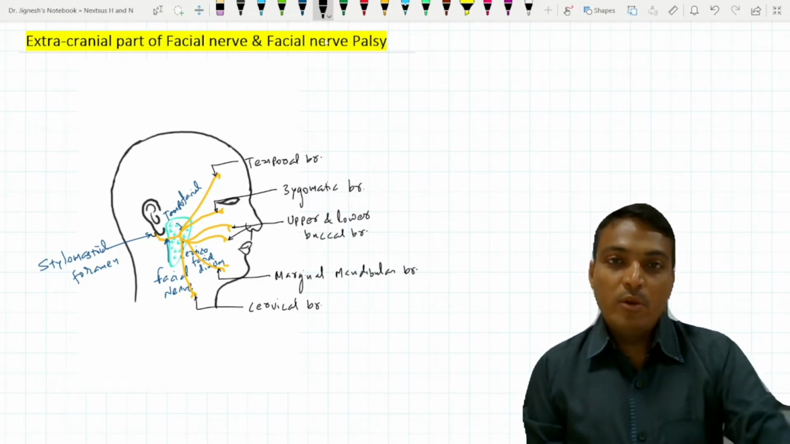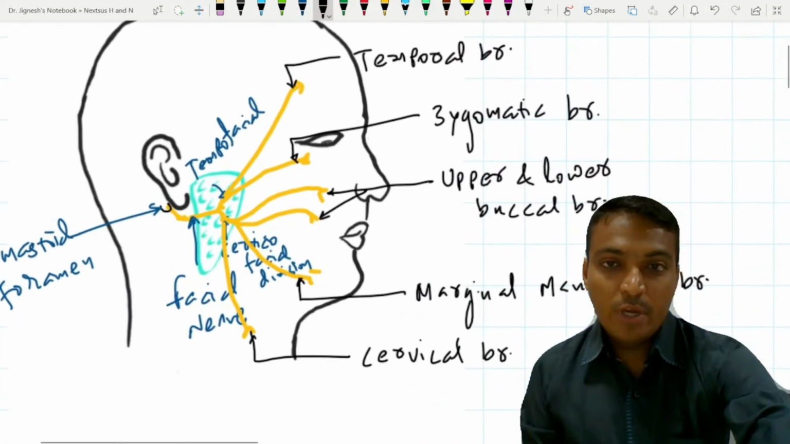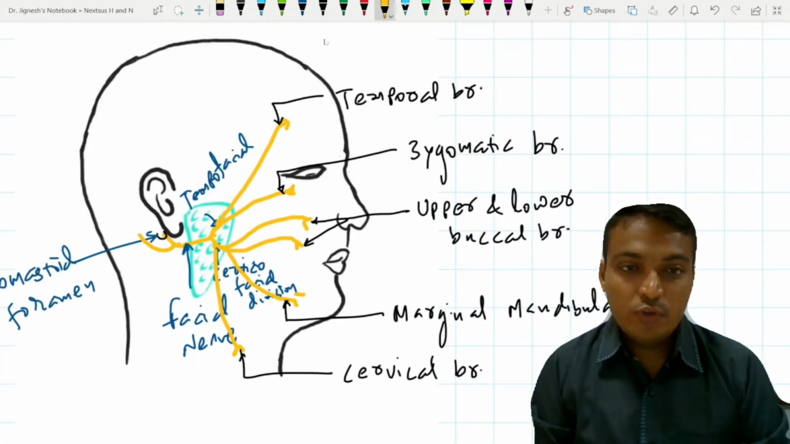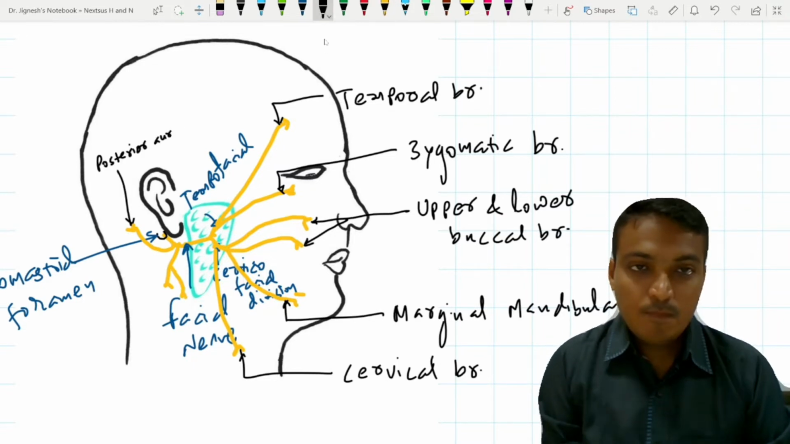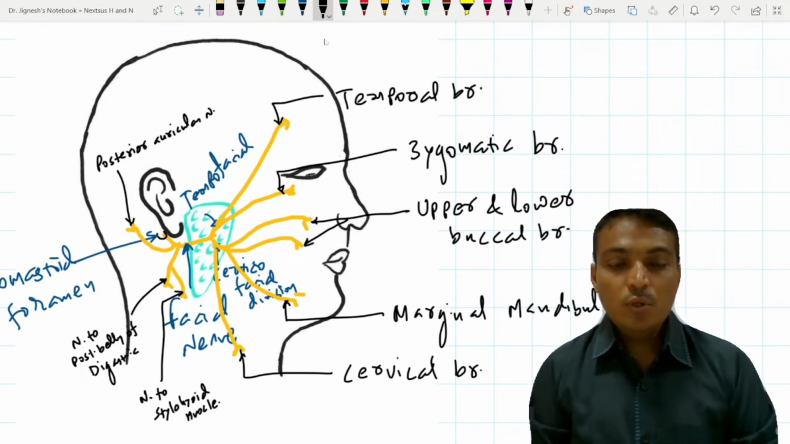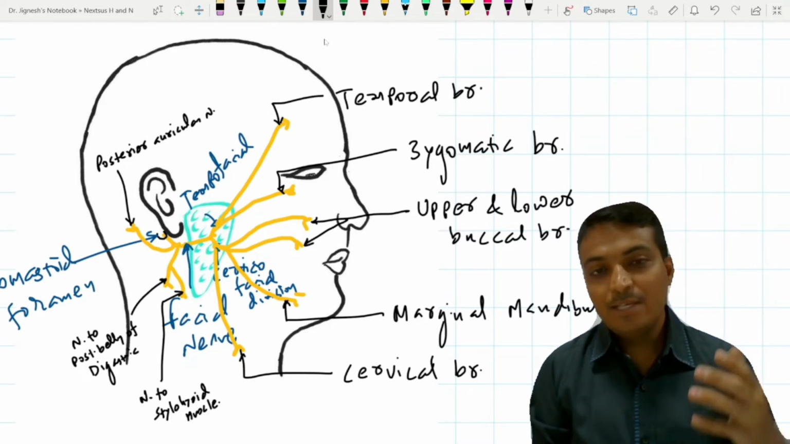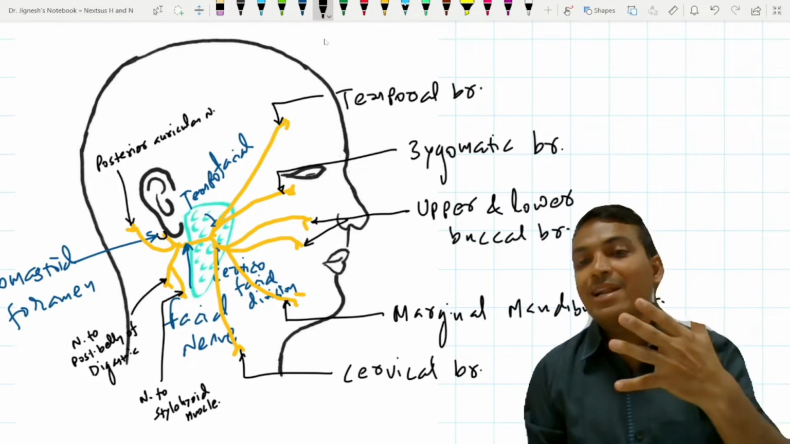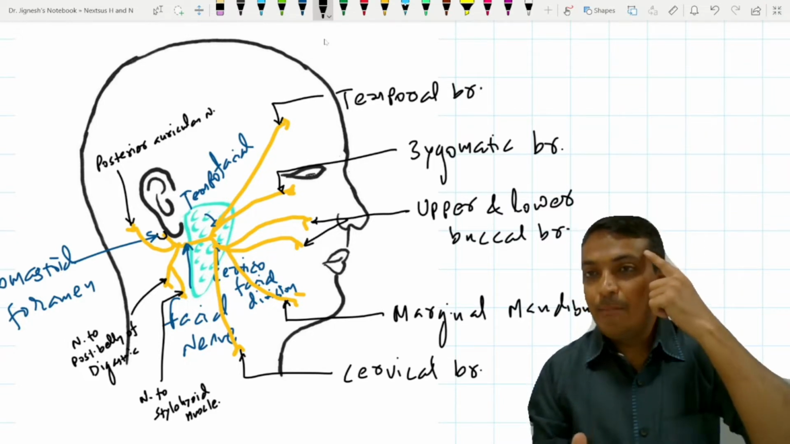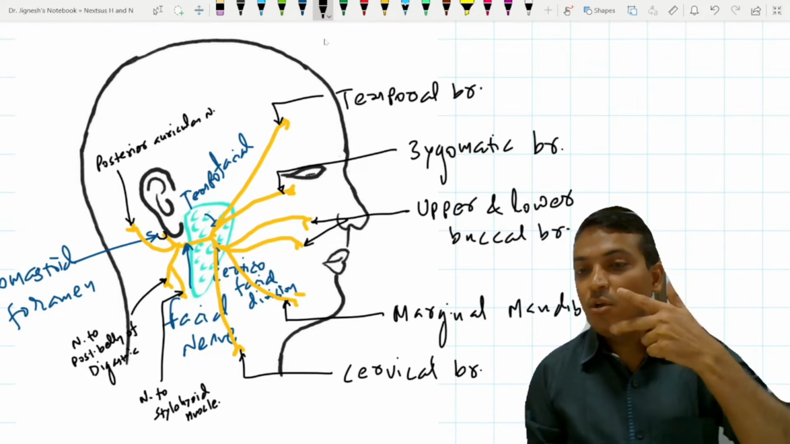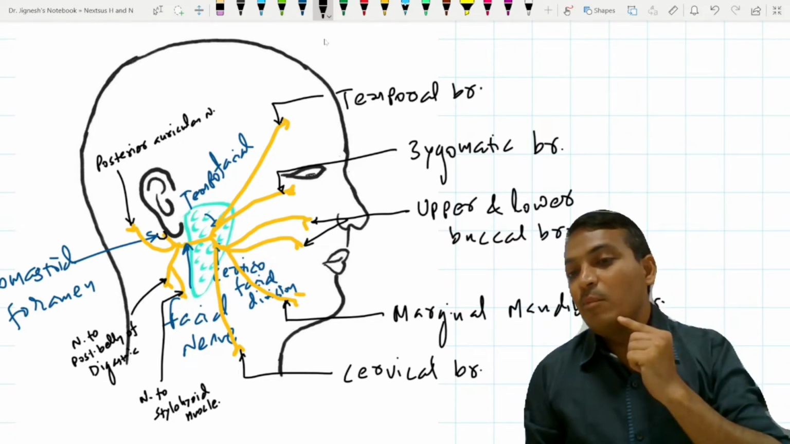Before entering into the parotid gland, the facial nerve also gives a few other branches, and these are the posterior auricular nerve, one branch which is going to supply the posterior belly of the digastric, and one more branch which is going to supply the stylohyoid muscle. So we can appreciate that the facial nerve, which runs through the parotid gland, is going to divide into major five branches, and these are the temporal branch, zygomatic branch,